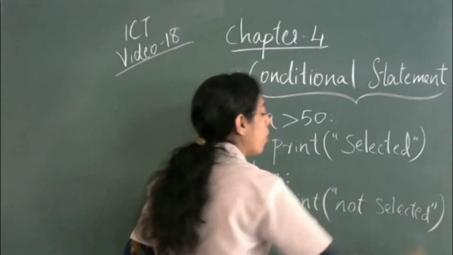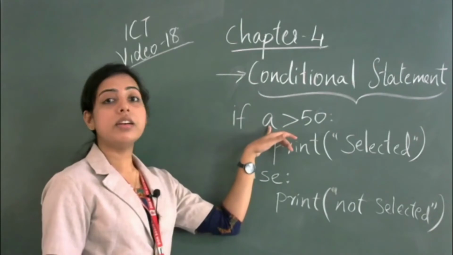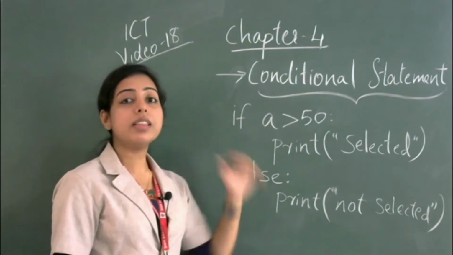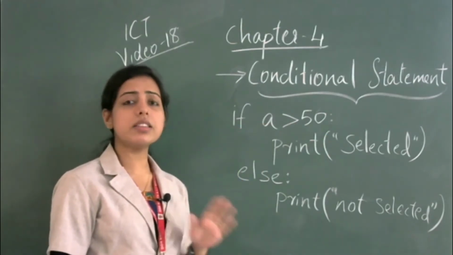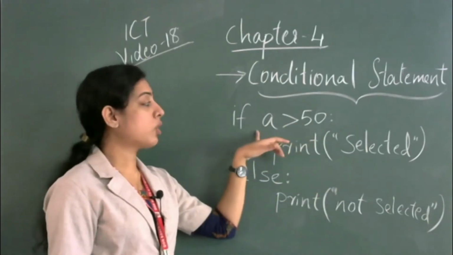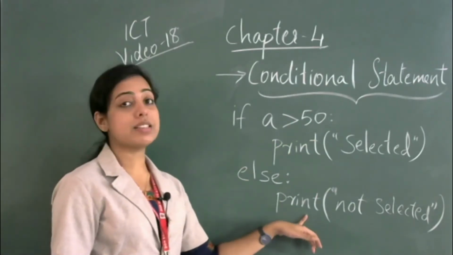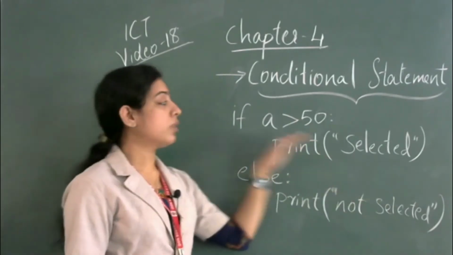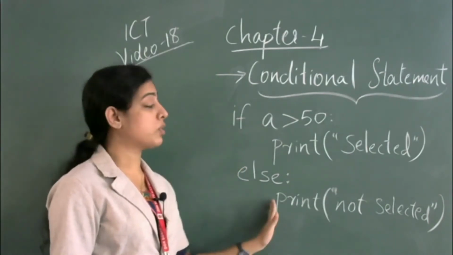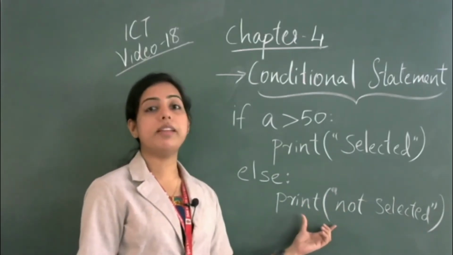Here you have to give the else condition. Okay, so it works like this. If I am entering 20, so if 20 is greater than 50, what will happen? The condition is wrong because 20 is not greater than 50. So this condition will not display. It will automatically move to the else condition. What is to be displayed in the else condition? Not selected. So if the condition is incorrect, it will automatically move to the else statement, and the output will be the corresponding printing statement.